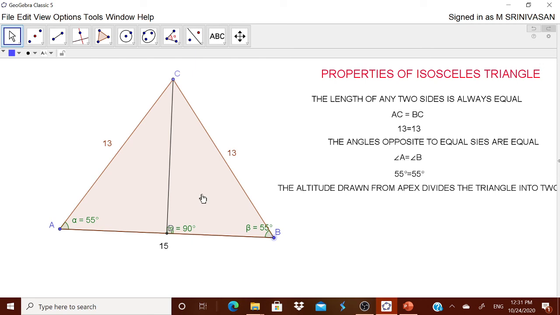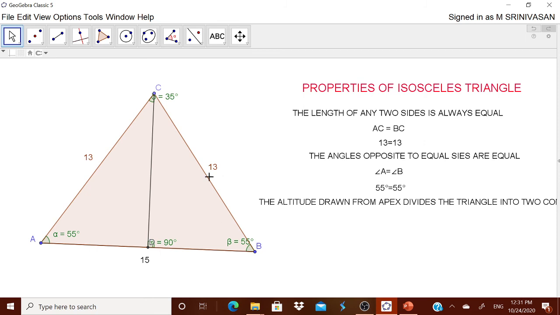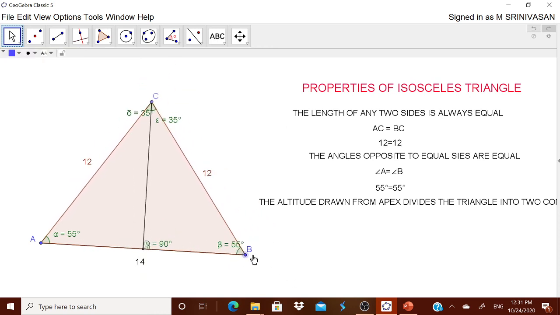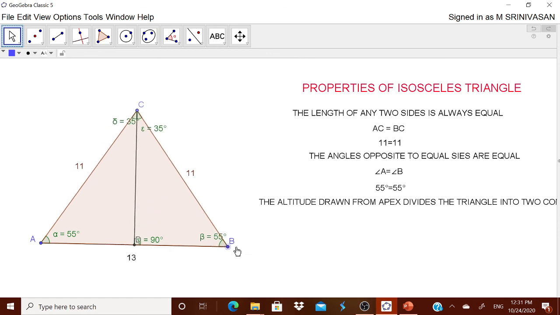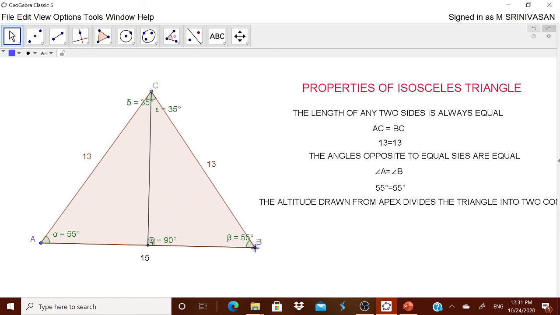Once again, I will go to this angle. I will touch this A, I will touch this C, and I will touch this D. Now I got one angle. Now I will put it over here. Escape and then put it over here. Again, I want the other angle. Once again, I have to go in cyclic order. Touch this D, touch this C, and touch that B. Oh, I got once again 35. Now, when you move this, you see, it is always 35 and 35. Therefore, the altitude forms two triangles which are congruent to each other.